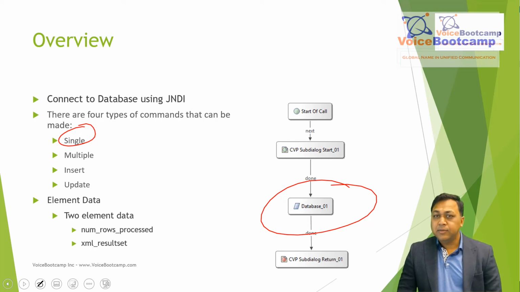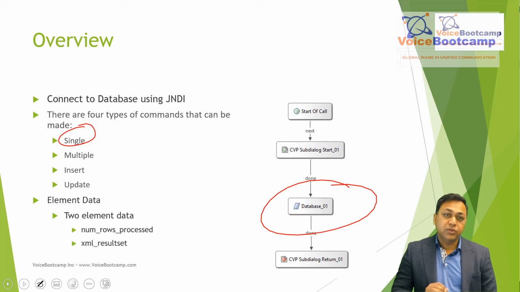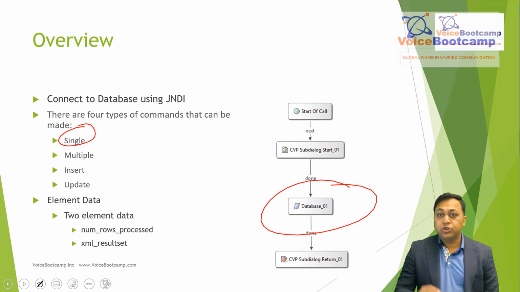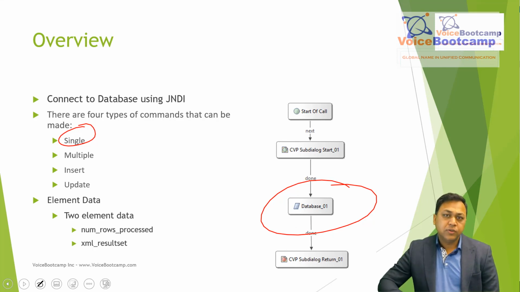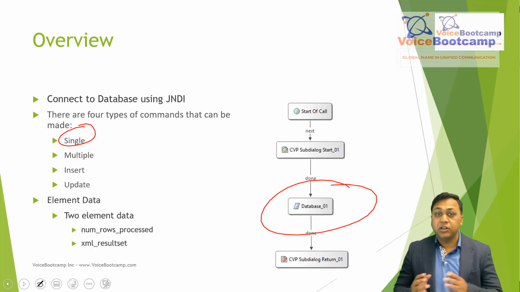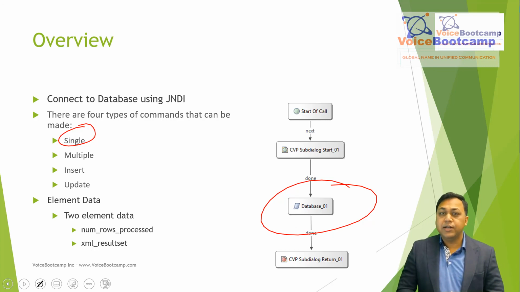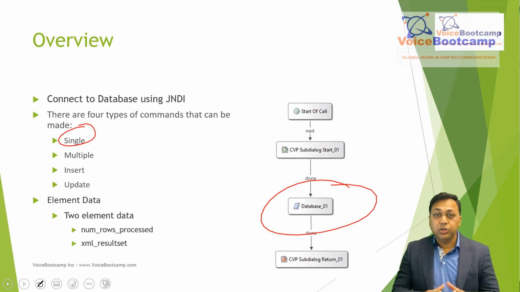And the element data will be created with a variable name. So what happens is when you use a single statement, it's going to create an element data based on the column name that is returned from the database. So if the database has a column name str, first name, str, last name, then it will create an element data with that. Although you cannot see that in the configuration, but if you do use something like data.element